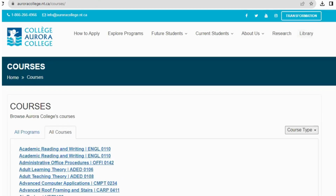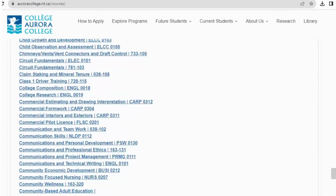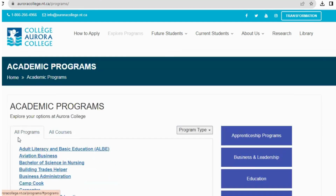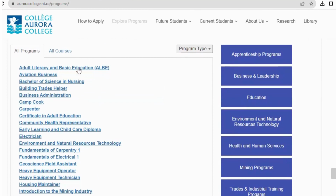So moving on to the courses that they have, a lot of courses here. All right, carpentry, formwork, and then a lot of courses there. On this page, you can just click on all programs. All programs brings you another variety. After clicking on all programs there, you now have adult literacy, aviation business, Bachelor of Science in